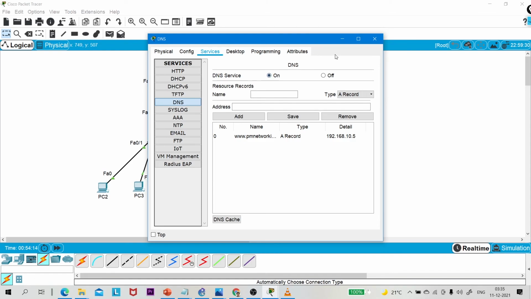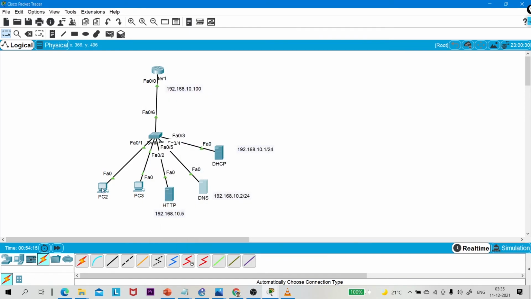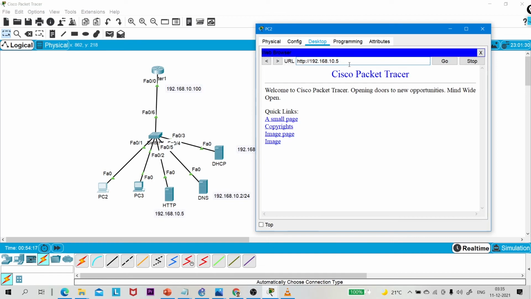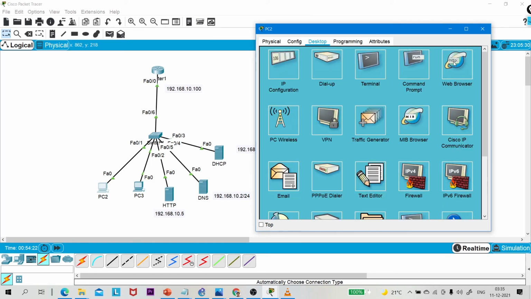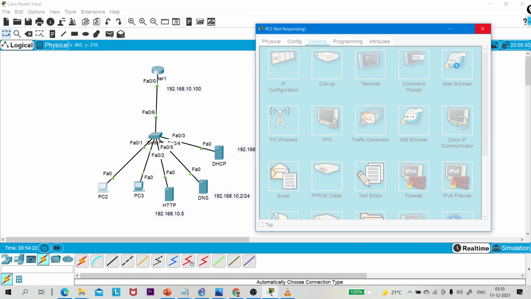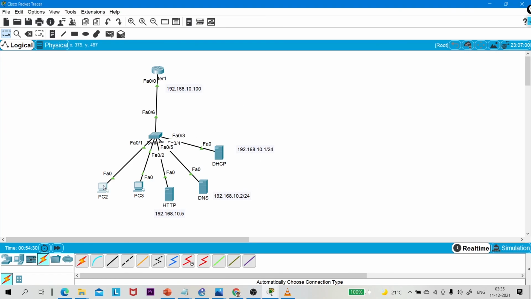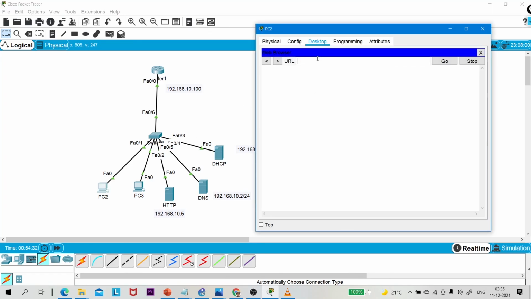Okay, so I turn on this service. Now we can access by domain name as well, right? You can see. Just wait for a few seconds. www.pmnetworking.com.